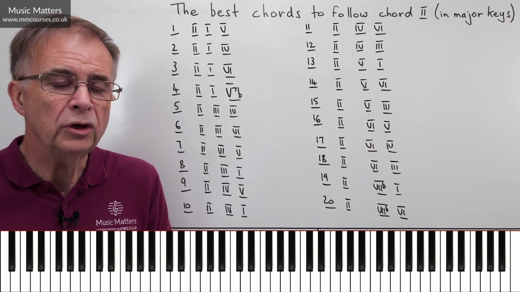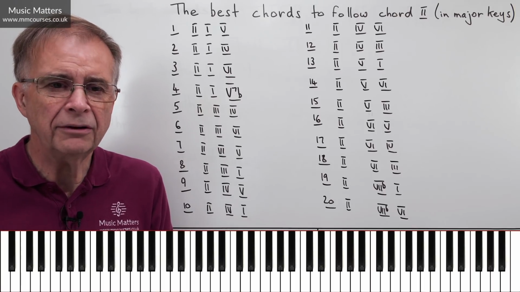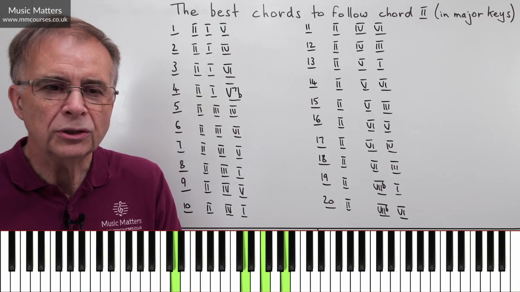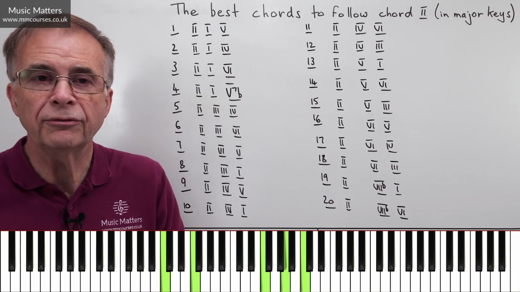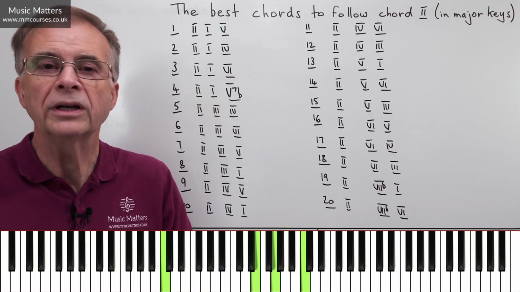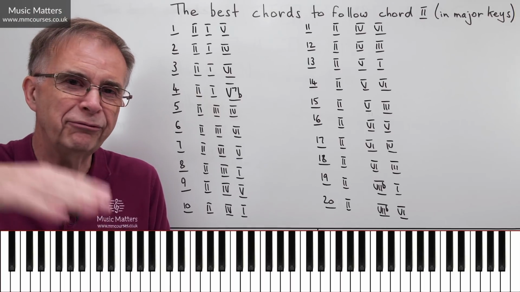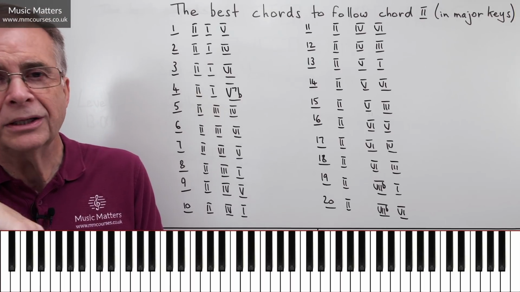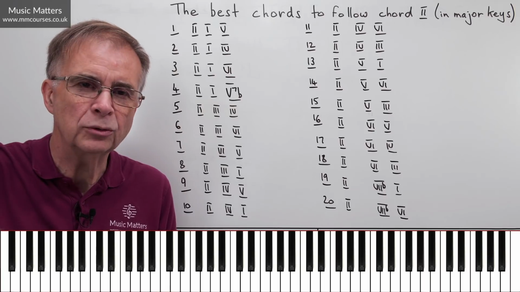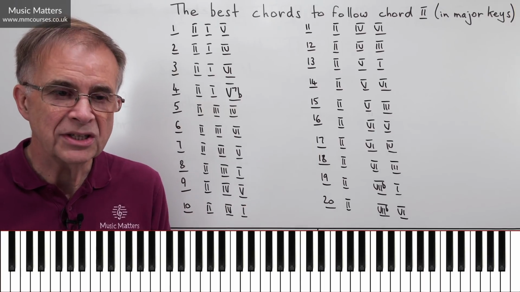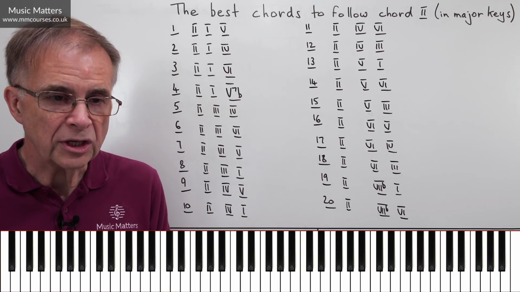Well, it might do. Or you might think it wants something to happen after it. Well, sure, that's fine. 2, 1, and then you could go 4, 5, 1, for example. And that would give you a really strong progression. So that 4, the third chord, might well lead you on to chord 5 and then chord 1. So that would give you a longer succession of this chord progression.